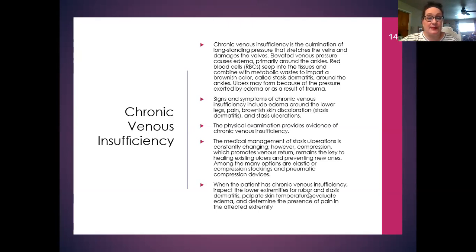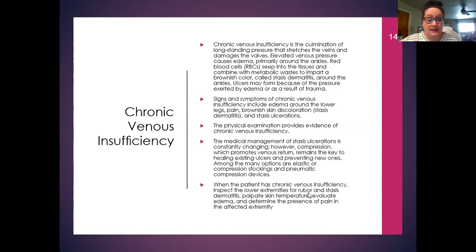Because those RBCs seep into the tissues, combined with those wastes to make that color. This is called stasis dermatitis around the ankles. Ulcers may form because of the pressure exerted by the edema, or as a result of trauma, of course. Signs and symptoms of chronic venous insufficiency include edema around the lower legs, pain, brownish skin discoloration, as we just